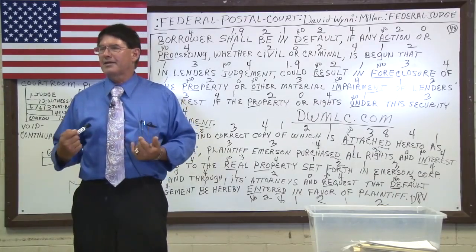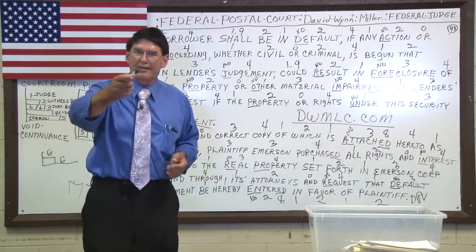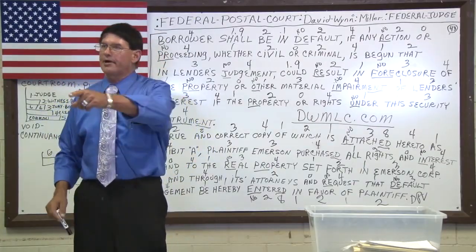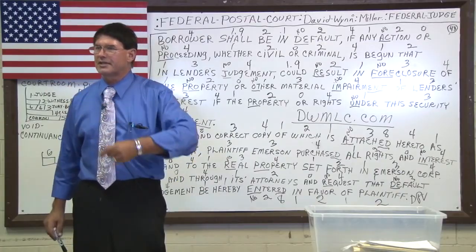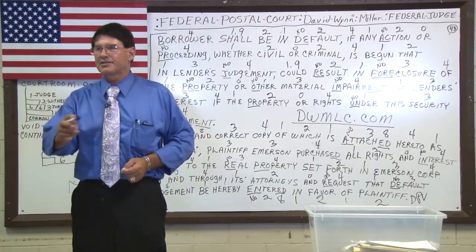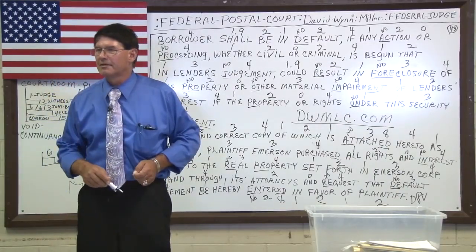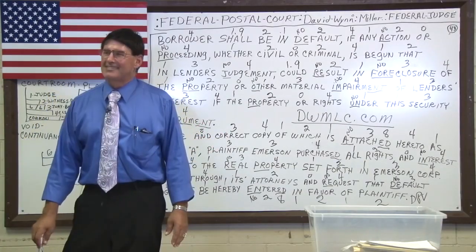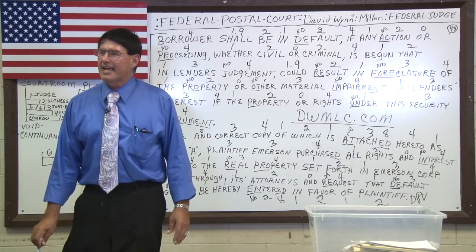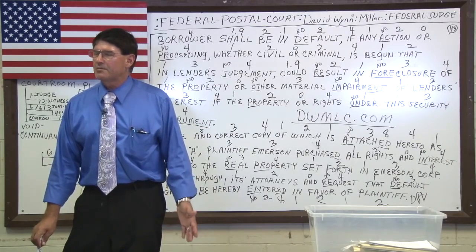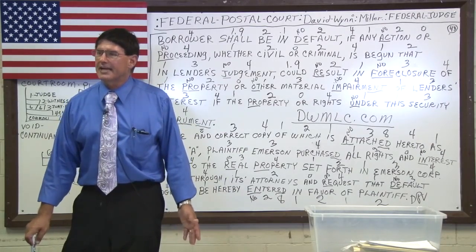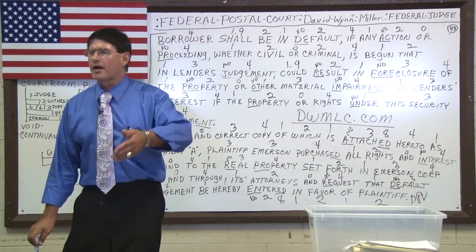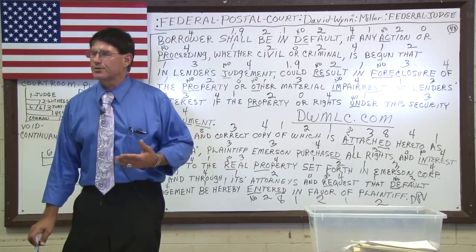That would be like me appointing the cameraman here to sell your house, because I appointed him, even though there's no continuance of evidence. And then he gets to keep the money because I appointed him. That would be completely crazy. Gee, how can you be a nominee and a mortgagee? Can't. They can't be the mortgagee for the simple reason they never signed anything. That would just be another layer of fraud, another layer of fraud that they put on there to confuse a person who doesn't know what's going on.